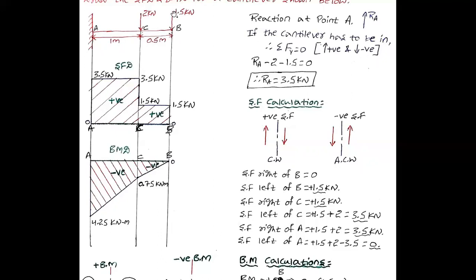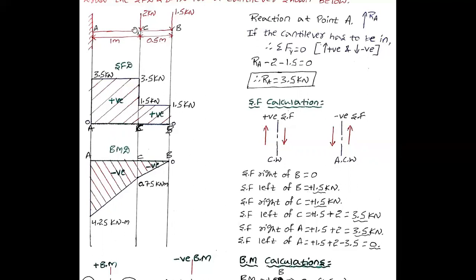Here on the right side 1.5 kilonewton is acting, and this is acting in clockwise. Clockwise means you have to take it as positive. Now shear force at point C. Instead of taking it at C, I will take to the right and to the left. If you take to the right side, how many loads are acting on the right side, you have to consider that. Only one load is acting, that is 1.5 kilonewton. It is acting in clockwise direction. Take it as positive, 1.5 kilonewton.